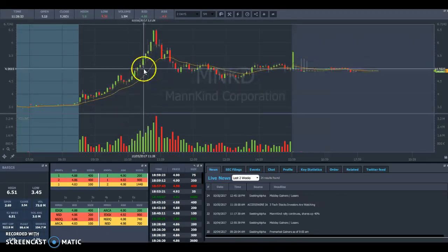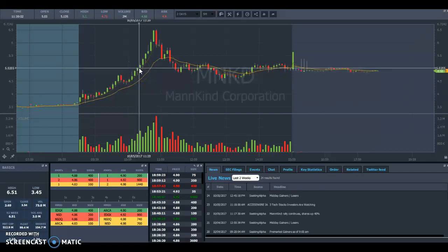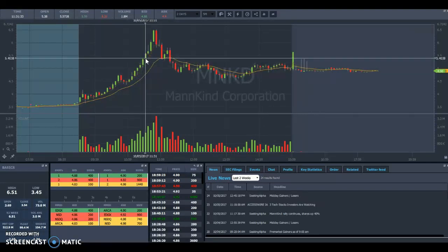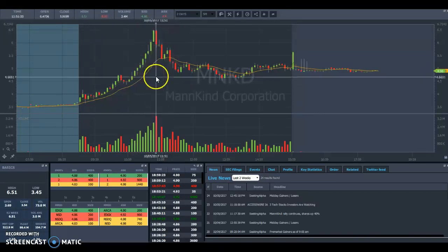I do go long at 5. Actually, I got long right around 5, for the push through the whole dollar. Normally I'd only hold it for 10 or 20 cents, but it kept going. I sold it at 570, and it just kept going. It makes this double top. But this is a good reason